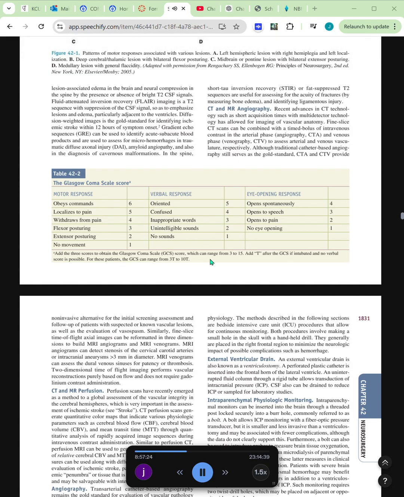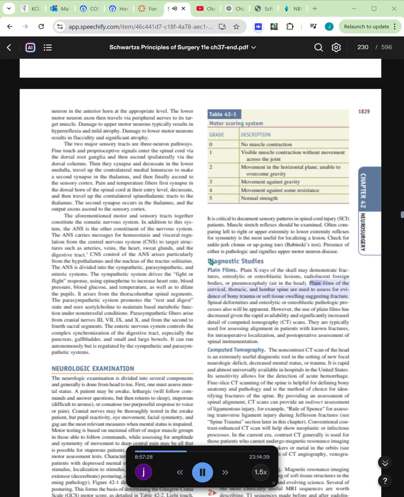Diagnostic studies. Plain films. Plain x-rays of the skull may demonstrate fractures, osteolytic or osteoblastic lesions, radiolucent foreign bodies, or pneumocephaly. Plain films of the cervical,